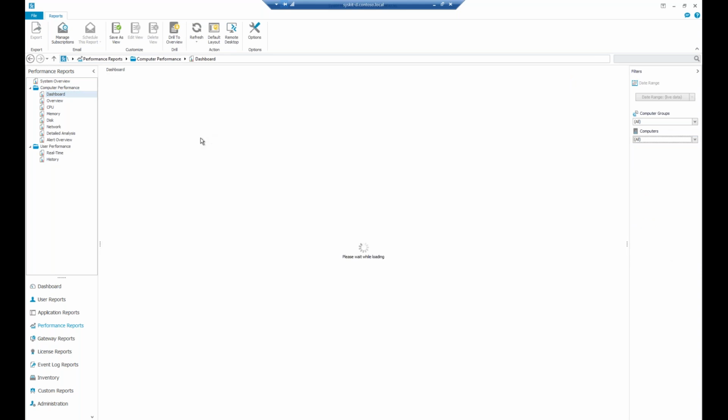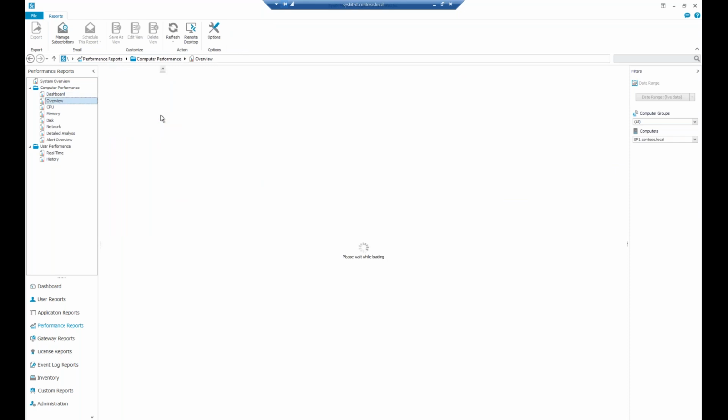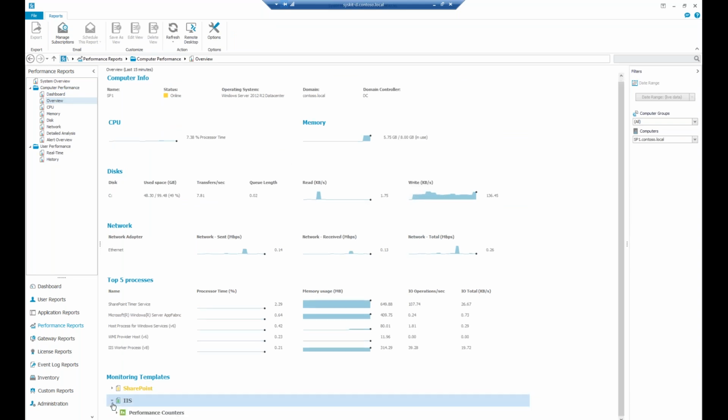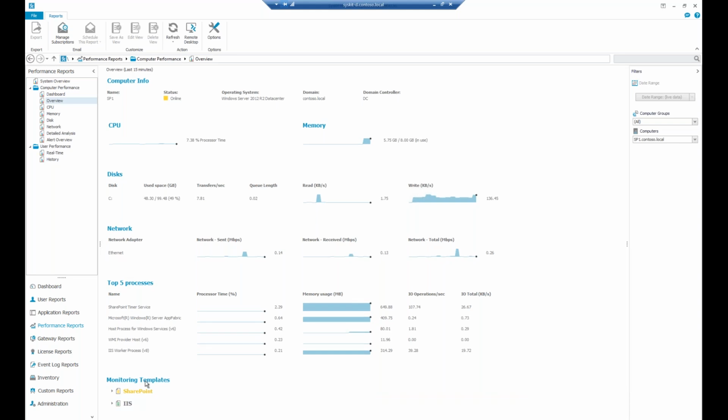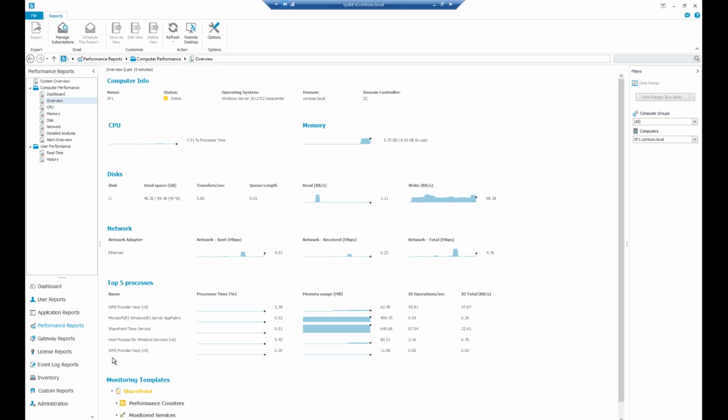So let's do that for our beloved SP1, which is a SharePoint server, and we see that it is not critical, but it has a warning status. So again, we're interested in what's going on here. We double click on it, and we can see that all of the default and basic performance counters are okay, and everything is okay with the IIS performance counters because it has 2 monitoring templates applied to itself. But there is something wrong with the SharePoint part of this server,